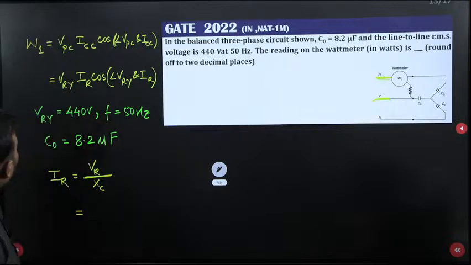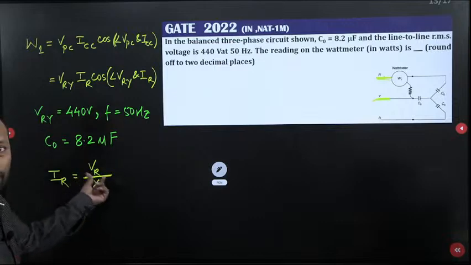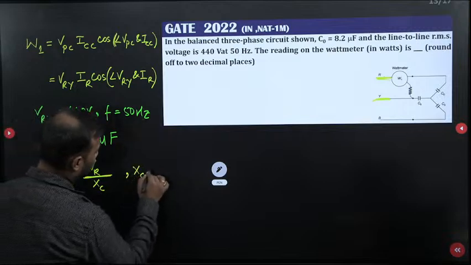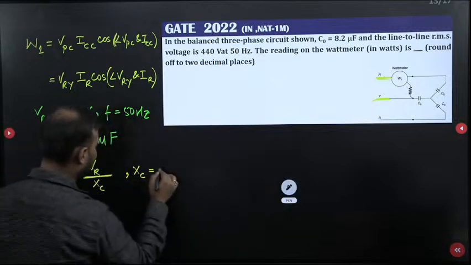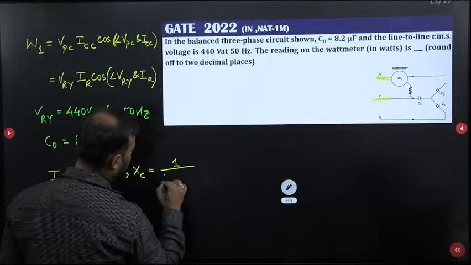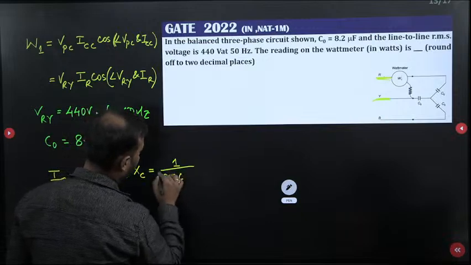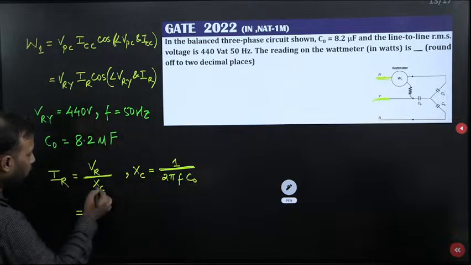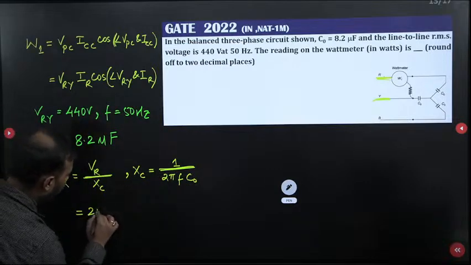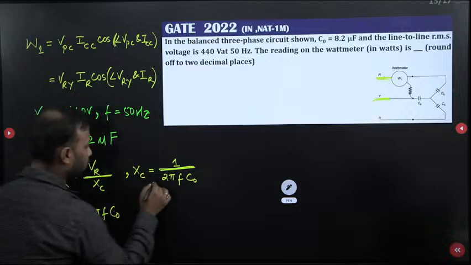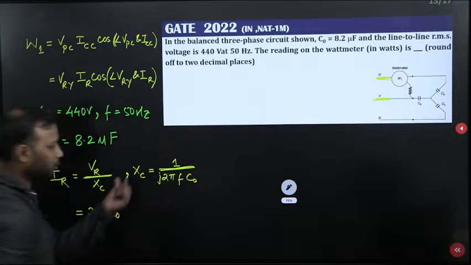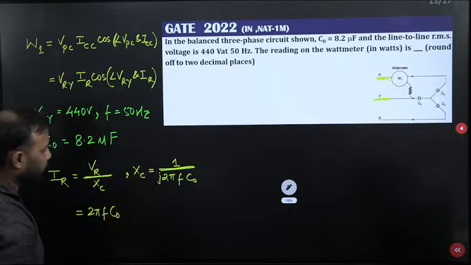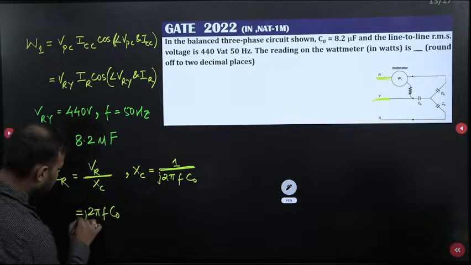Done. So this V R is what? Phase voltage, and XC is what? Capacitive reactance, which is equal to 1 upon 2 pi F C naught. Okay, so substitute here. One second, this will be J, because this is capacitive reactance, 1 upon this value. Okay, so this will be J